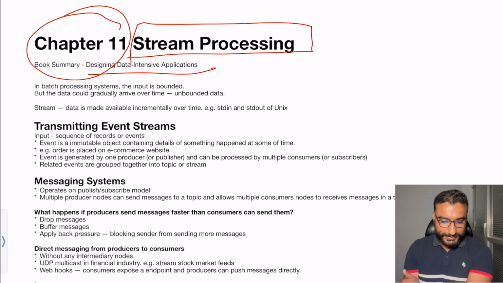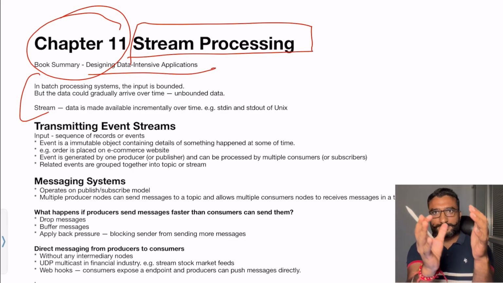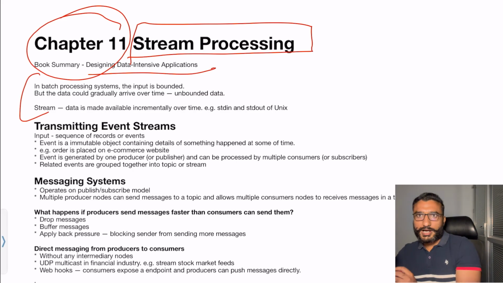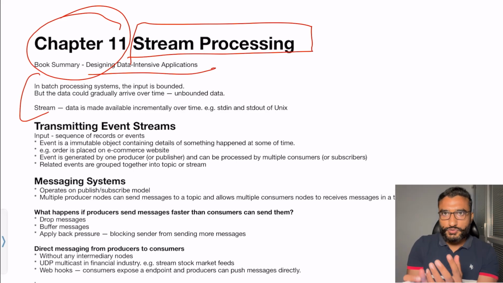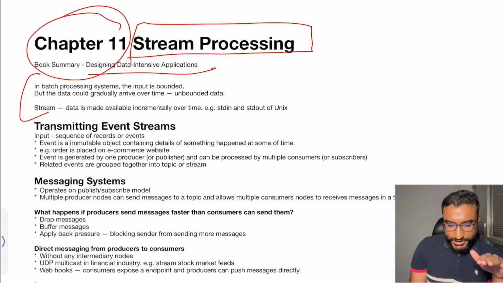So let's get started. The last chapter we discussed was batch processing, right? The main difference between batch processing and stream processing is that in batch processing, the input data is kind of fixed. You know that this is my input, and I have to do some kind of processing and then produce an output on top of this data. But in contrast to the batch processing logic, in stream processing,